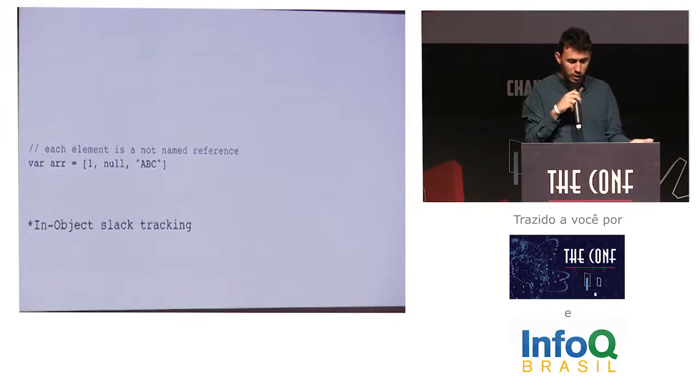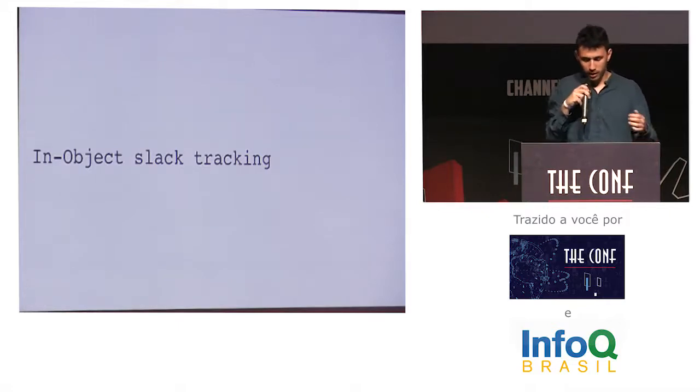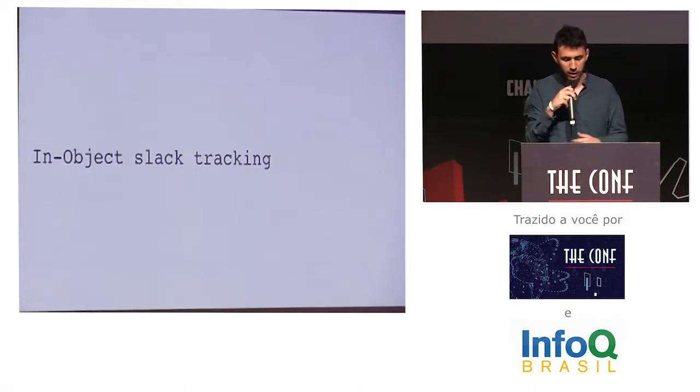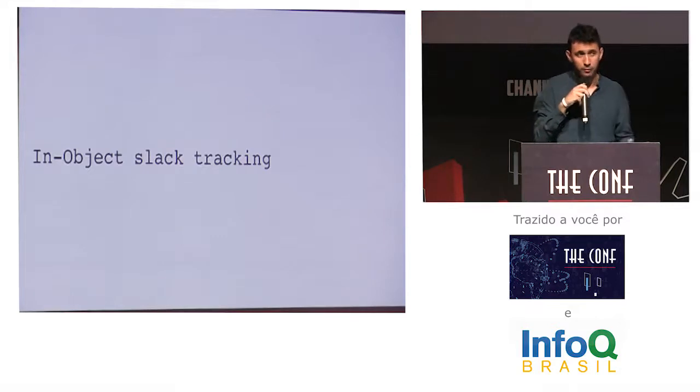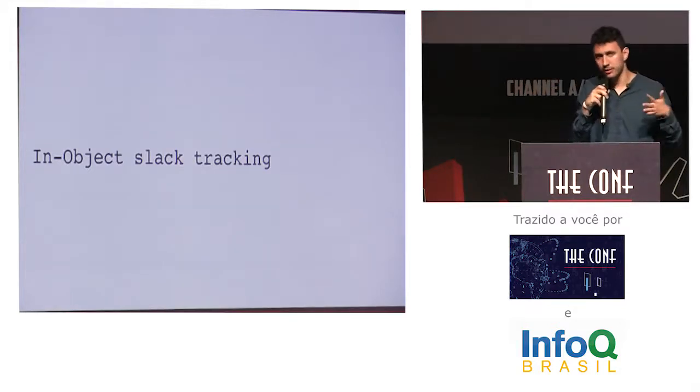Okay. So we have a fact called object shape tracking. What does this mean? You probably should ask yourself when Node splits object memory. V8 uses a thing named